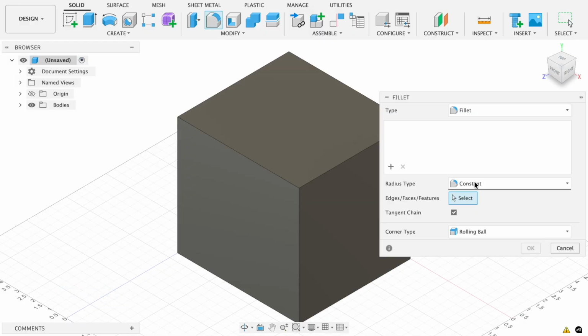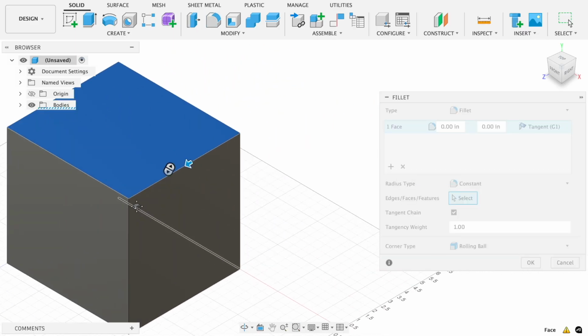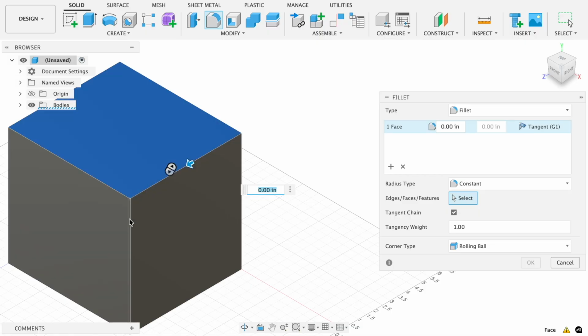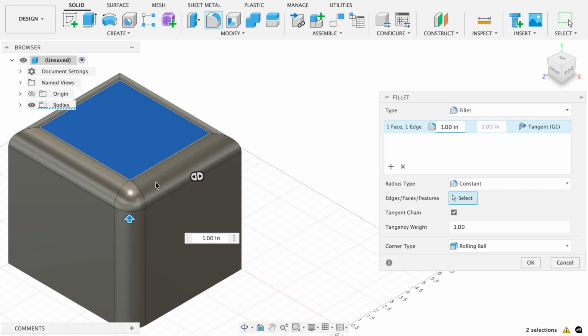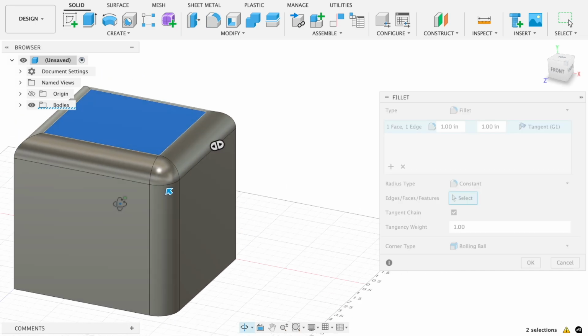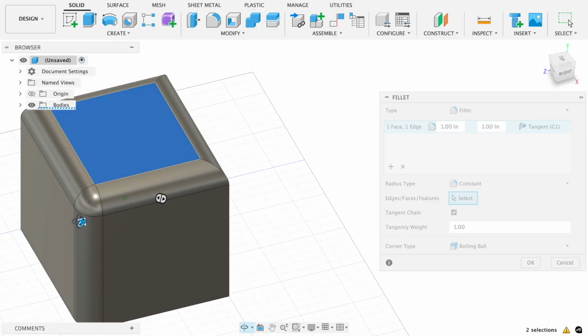When we click on it here, it's going to ask you edges, faces, features. So we could click on this whole face, and that allows us to select all of the four sides, and then maybe we want to select this one here. Then it's going to ask us for a radius. So let's just make this an inch. Let's see what happens. So you see, it's showing an illustration of what it's going to be if we select